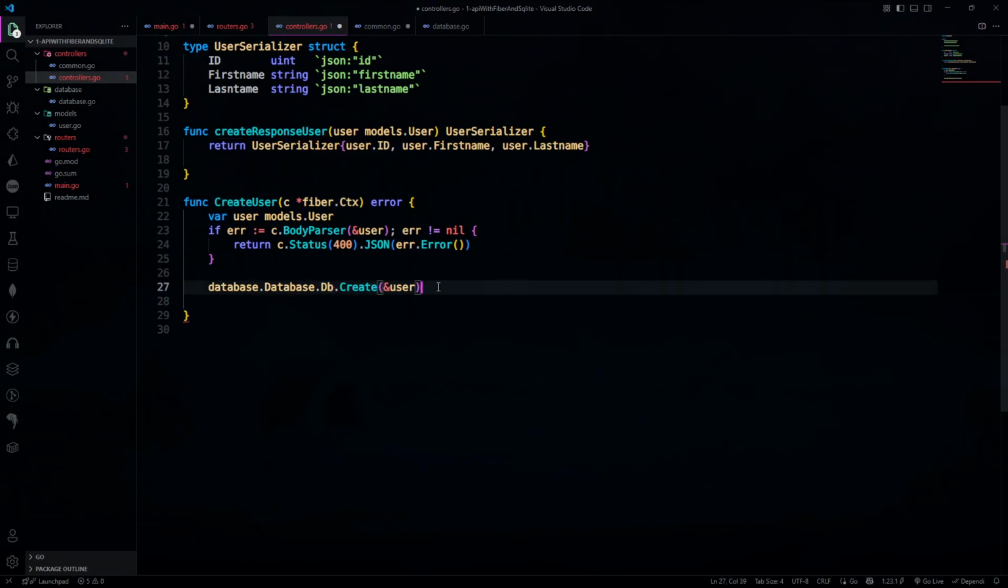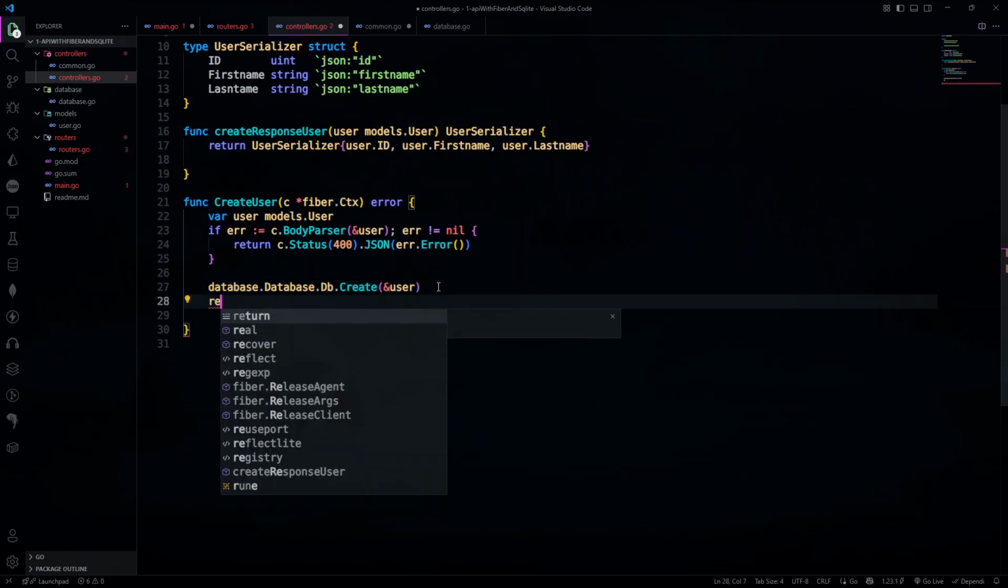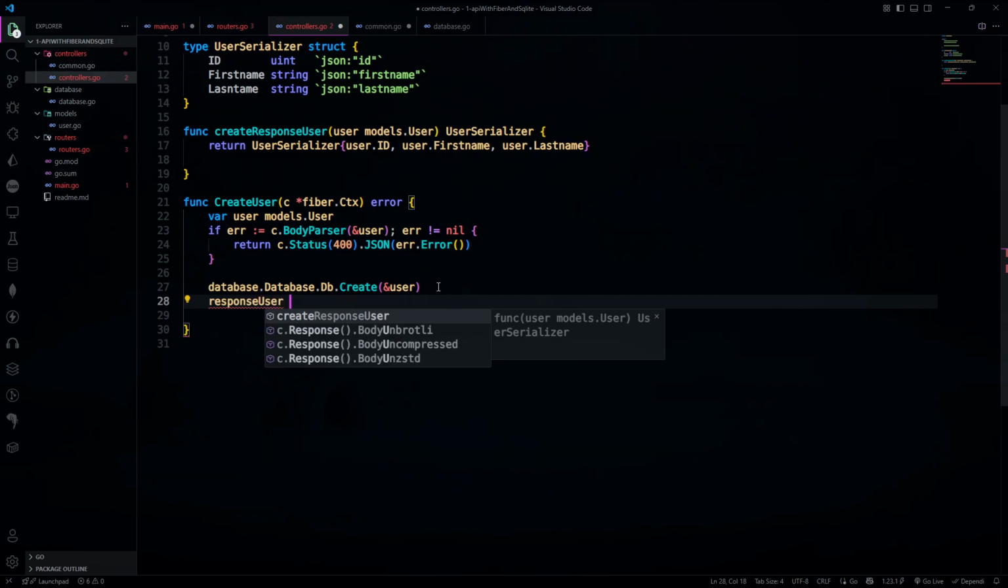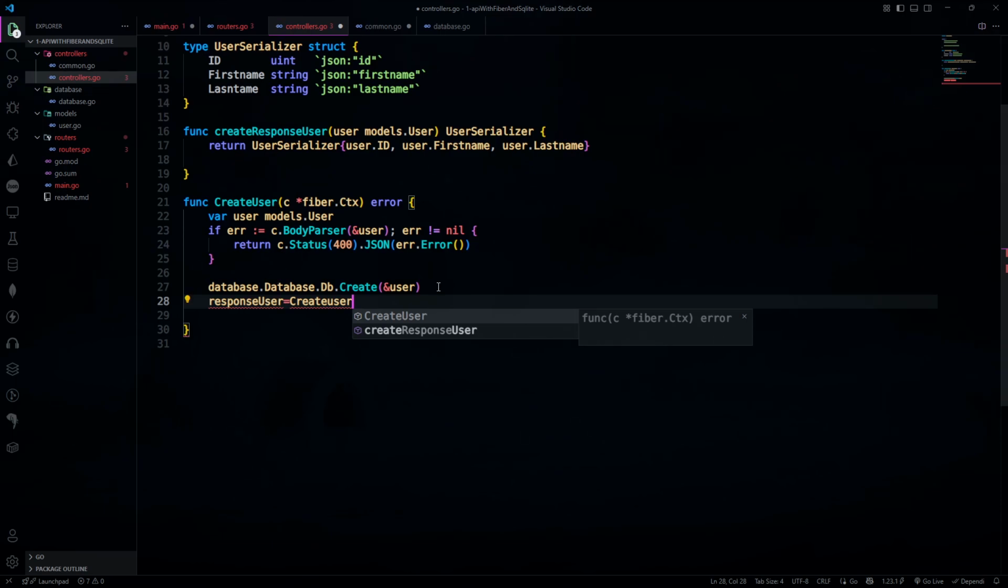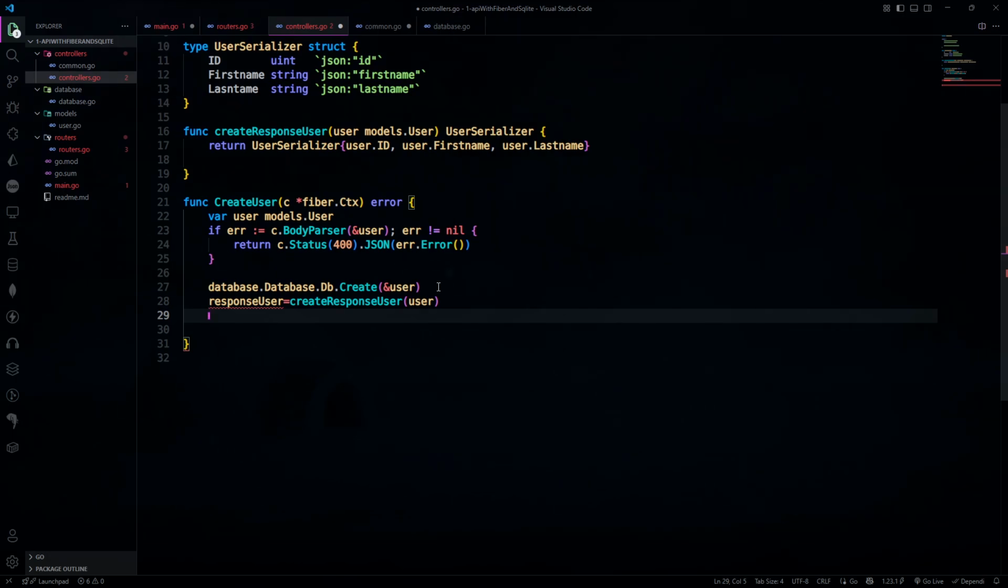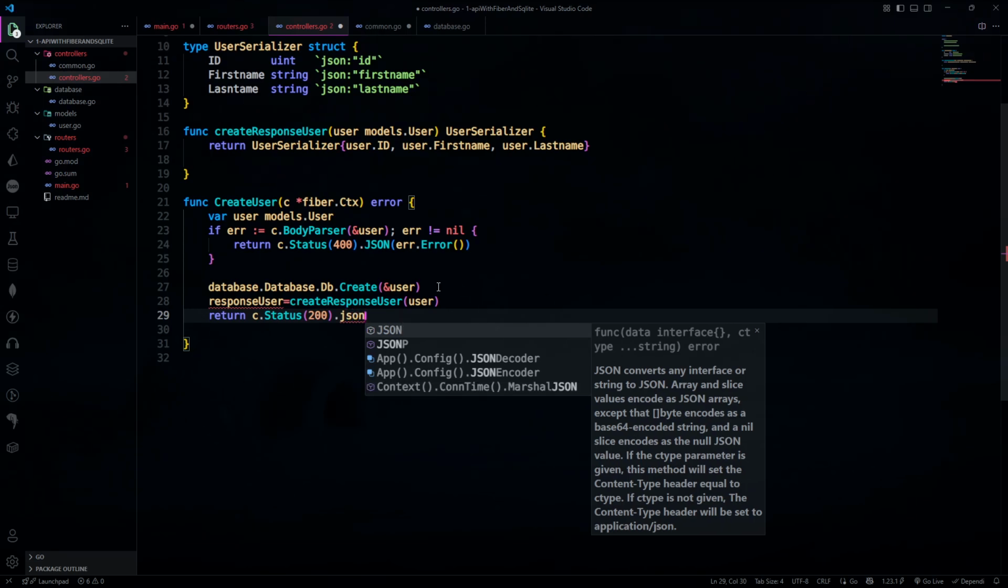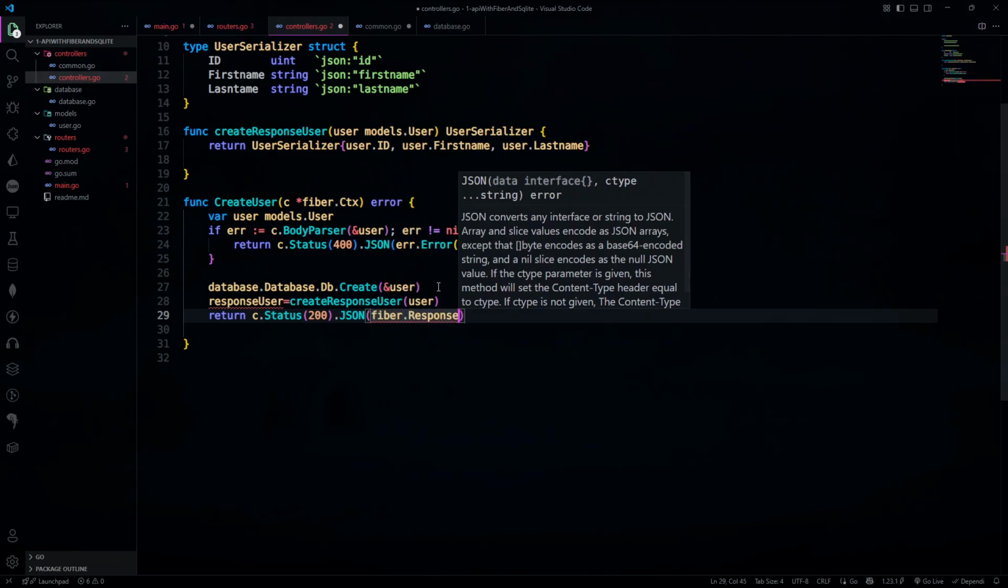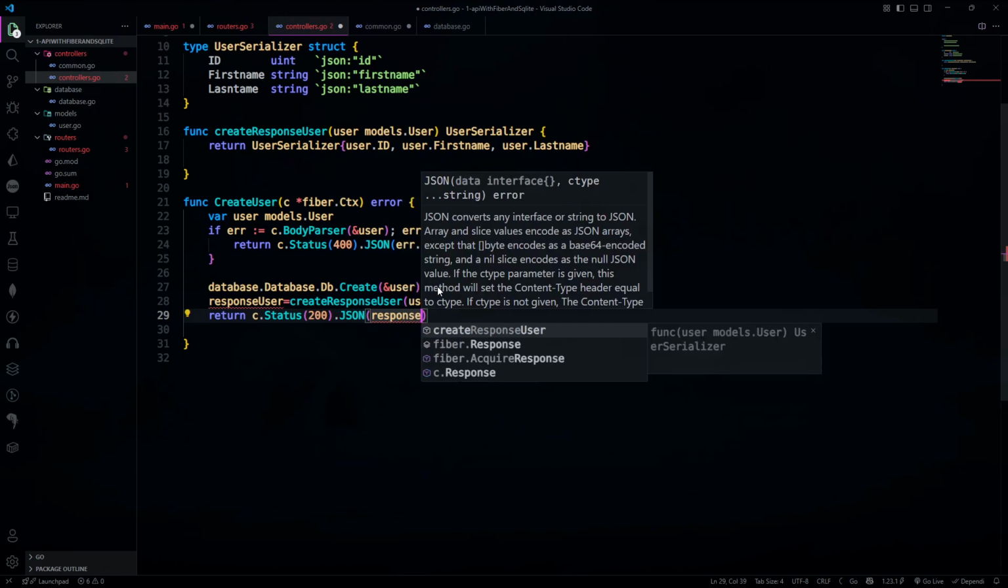Okay, so it will create a user, and I will convert that user into the response user. So I will write CreateResponseUser, and user. It will simply return the formatted output that we want to see. So return c.Status means the data is successfully created. So we will write JSON status 200. The status code is simply for the success. So JSON, and we will write the response user as an output. So like a response user,